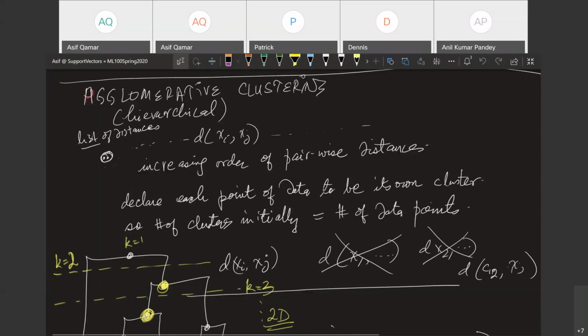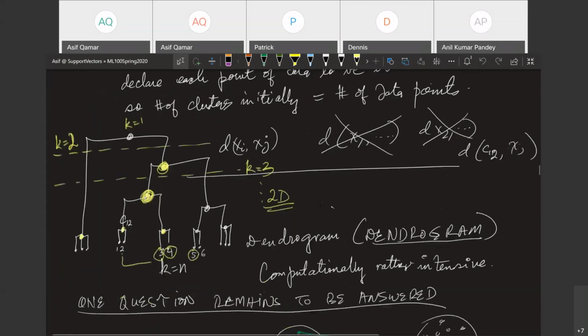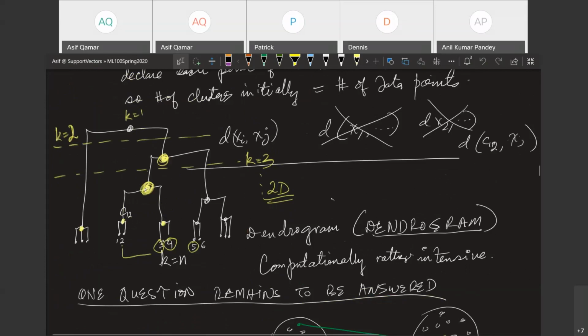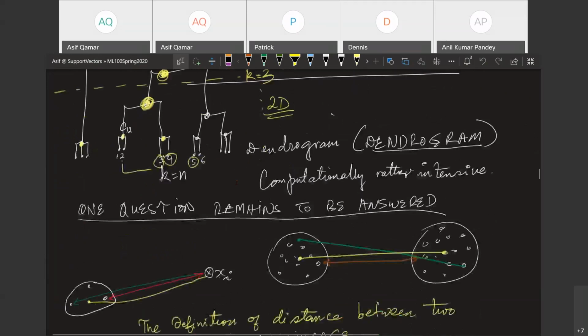Agglomerative clustering has the benefit that you can pick and choose how many clusters you want to see, because in one shot it finds from k equal to 1 to k equal to the number of data instances as many clusters. All of those clusters are done and represented as a dendrogram. Once you visualize the dendrogram, you can pick and choose where your cutoff points are: you want a cutoff at 2, 3, 4. The model is built, and you don't have to rebuild the model for different values of k. You just have to slice the dendrogram at different values of k.